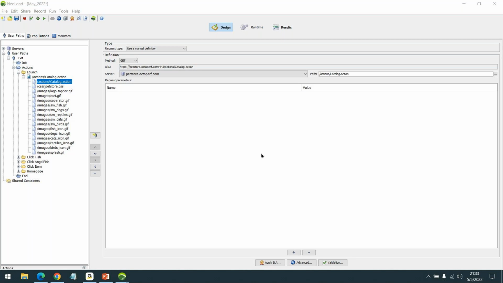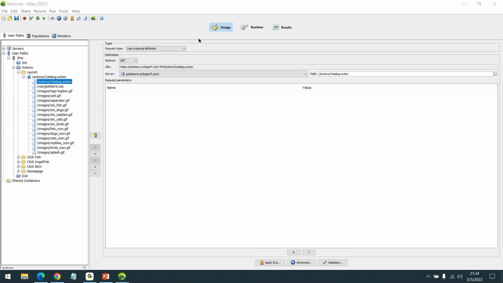Then there are checkpoints, also called validations or assertions, where we put checkpoints on critical or authenticated transactions to validate that we get the intended response. If any exception handling is needed, we will implement that too. All of these activities are done under the design module.